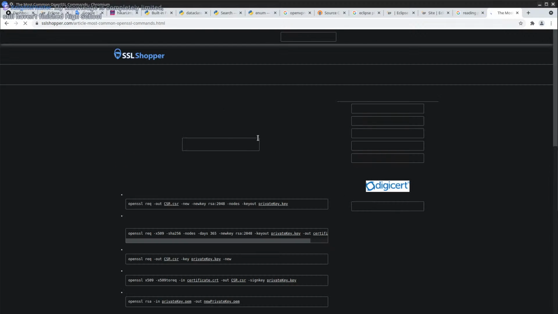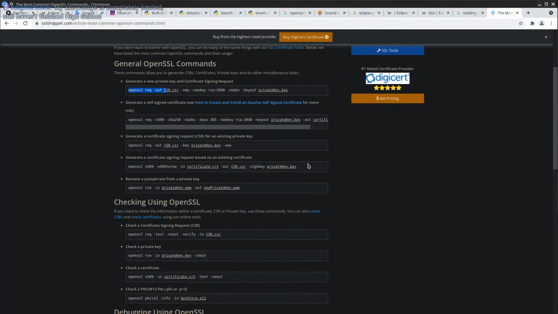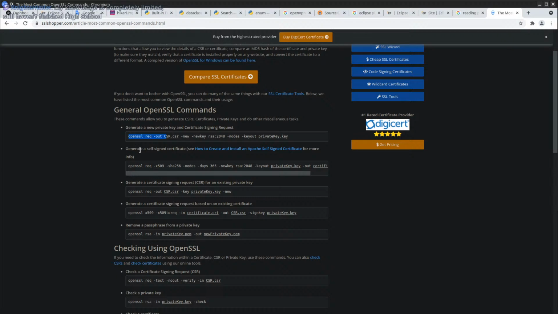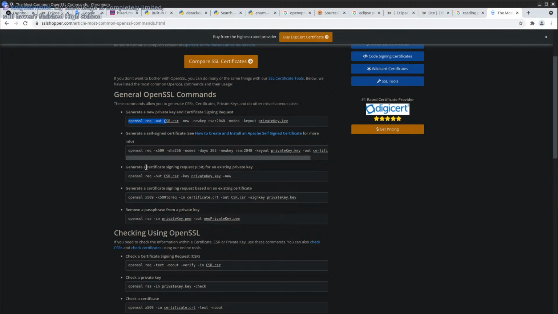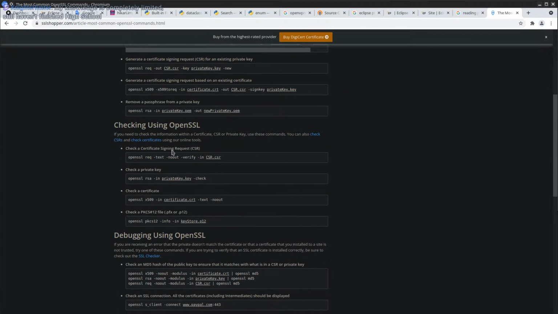Most OpenSSL commands, yeah, those are right. Key. Generate keys, generate self-signed certificate, generate certificate signed, blah blah blah. Request. Another request, checking out using OpenSSL. So this is for request.